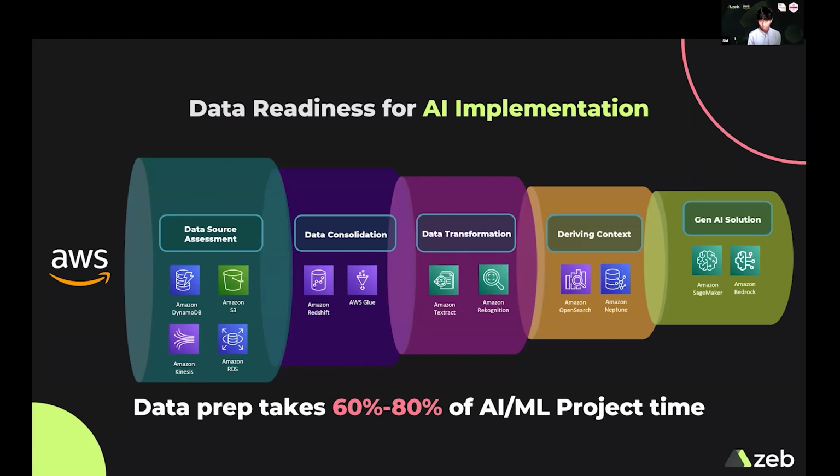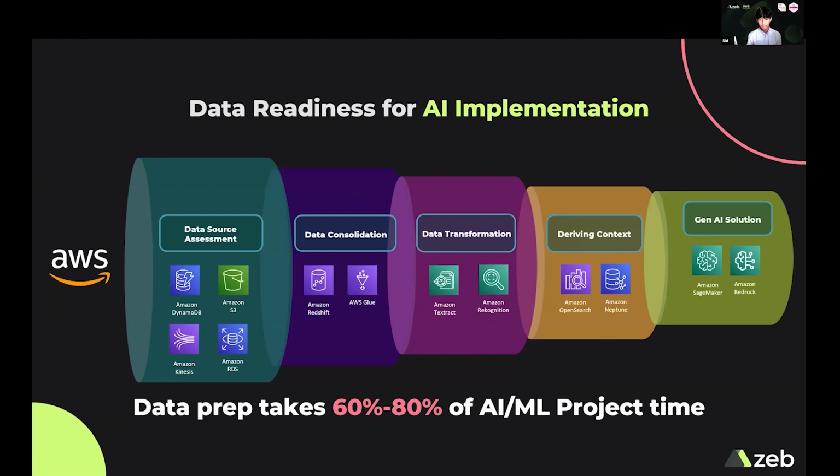The next phase that's core towards this data readiness and AI implementation is assessing the quality of each of those different source systems, and then turning that into a single central location for that data, which we consider as the data warehouse. A lot of that consolidation effort has to be done because that's how we remove these data level issues like data noise and duplication of records and lack of a single source of truth. Those are the same issues that lead to problems when applying the generative AI solution on top of this data. So this data consolidation step is like the single most important step in ensuring you have an accurate Gen AI solution when it goes to production.